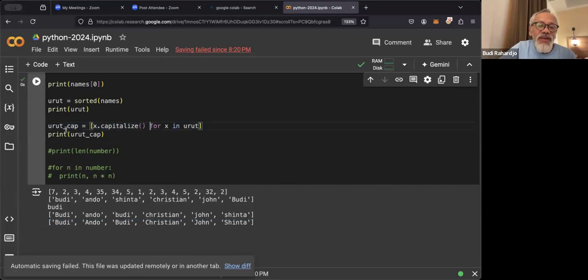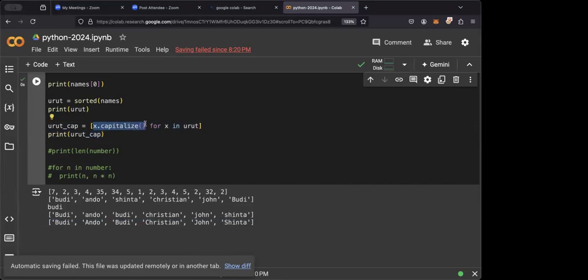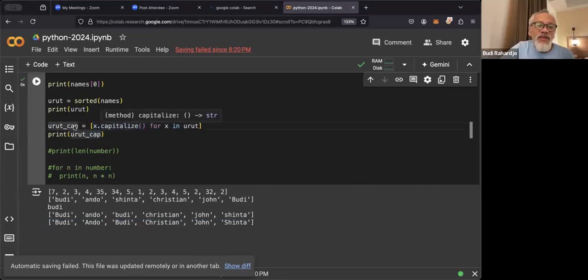All you have to do is this. You create a loop: for x in urut, capitalize the x. You throw the output into a variable called urut cap. Now urut cap is a version of urut, but with the first character capitalized.